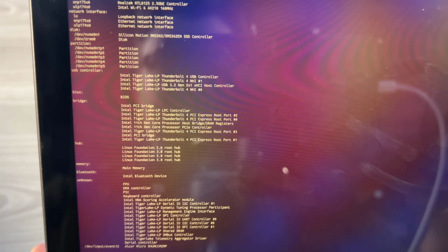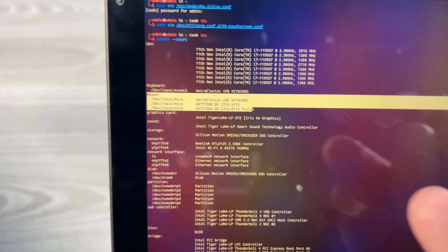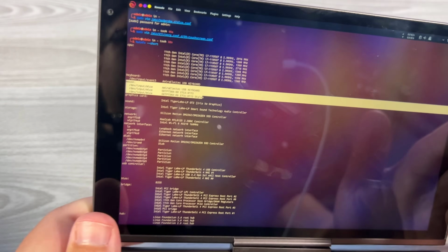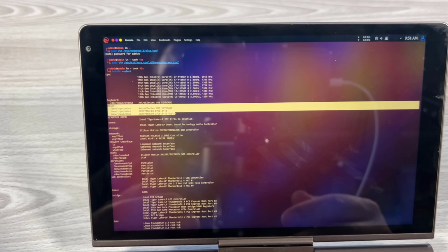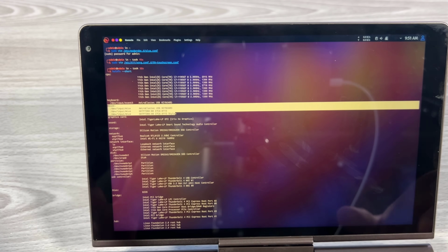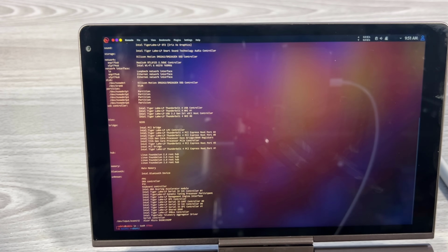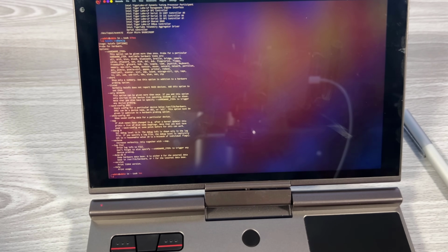If we take a look in here, so right there, when we take a look at the hardware list, you can see GXTP730. Once you know where that is, you can reference it in other files. So just putting that in fixes everything. The only other thing that I installed was the Digimend for the pen support. So if we do...